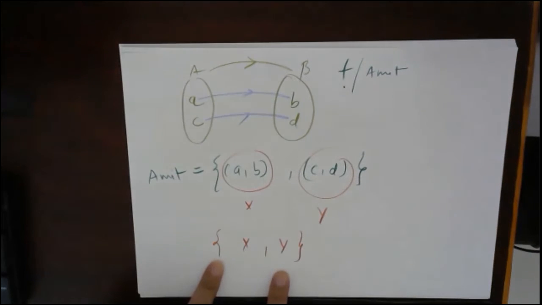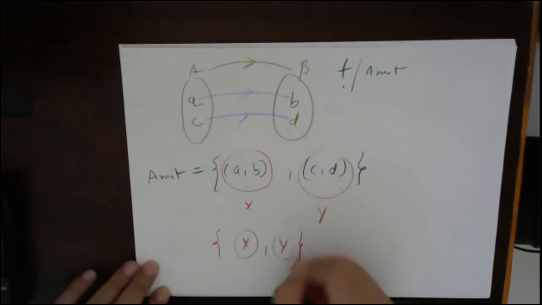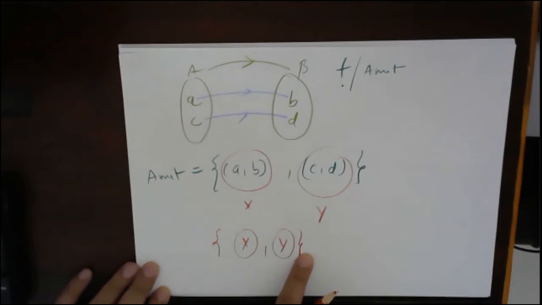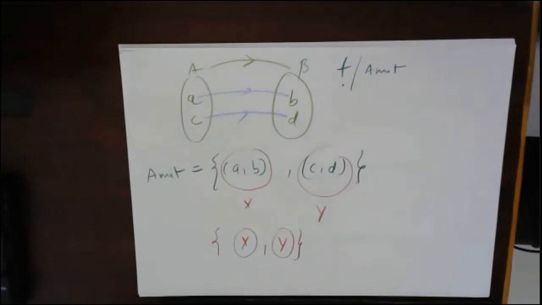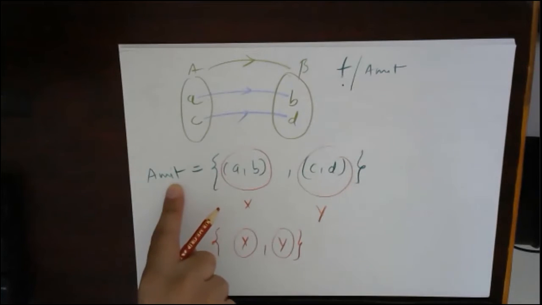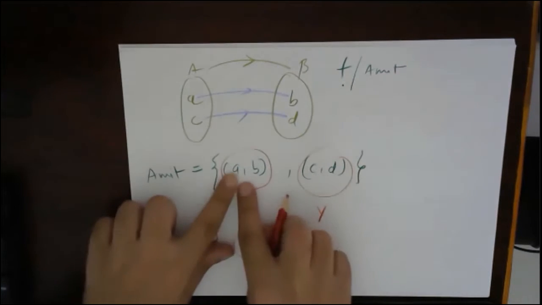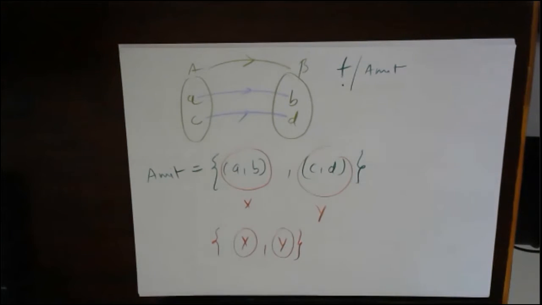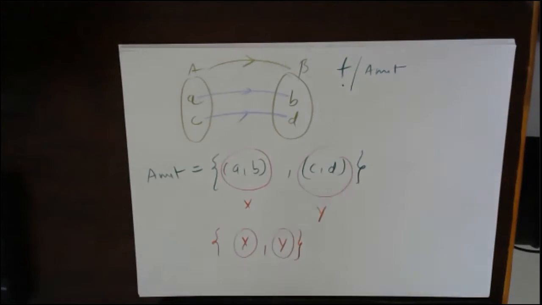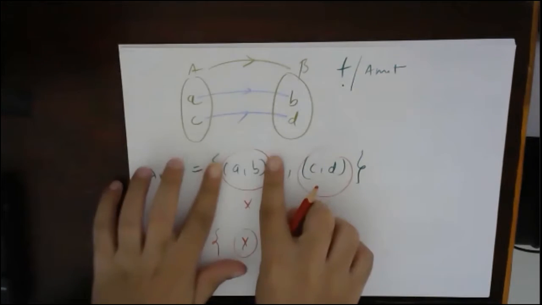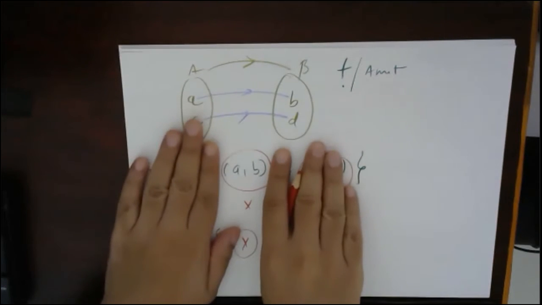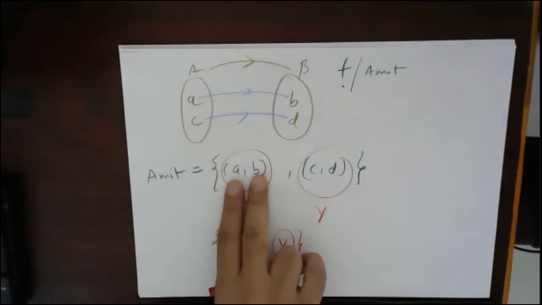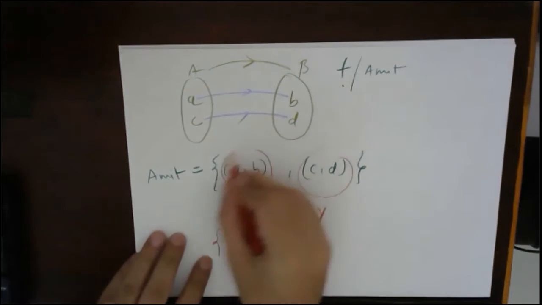This looks like something like a set with elements X and Y. Yes, sir, now this actually is a set. This is a set of that relation, a set of relation containing elements this and this. Now see, I already told you that a relation is always between two. It cannot be between just one, right? So elements of a relation should have two entities, and these are those entities.